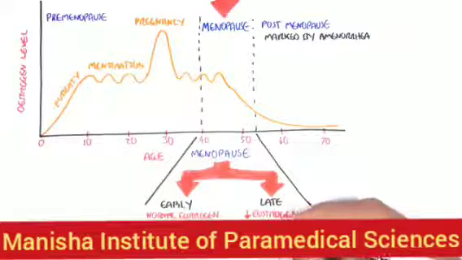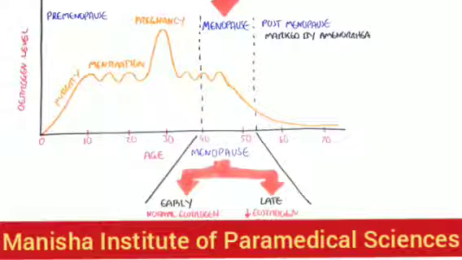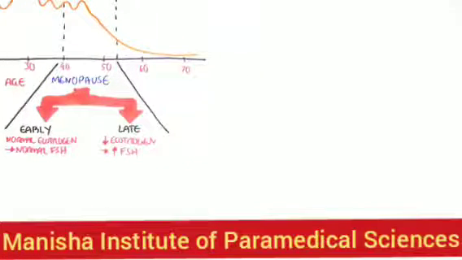And because you have a decrease in estrogen, you have an increase in FSH. And that is because FSH wants to try to stimulate more estrogen production. Unfortunately, estrogen cannot be produced despite the increase in FSH. So I hope that was not too confusing. Let us look at these hormones in a bit more detail and how they are related.